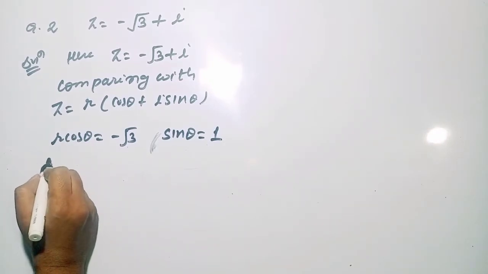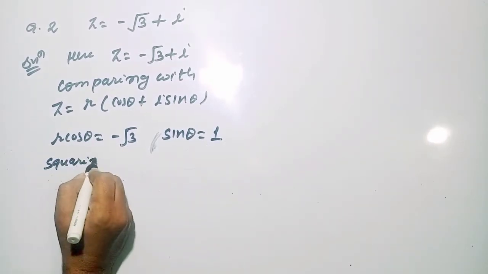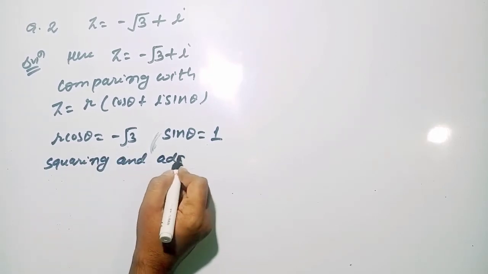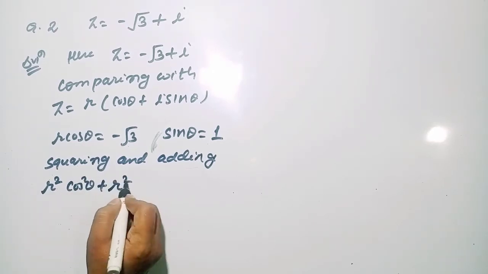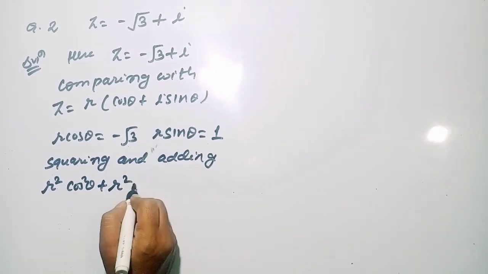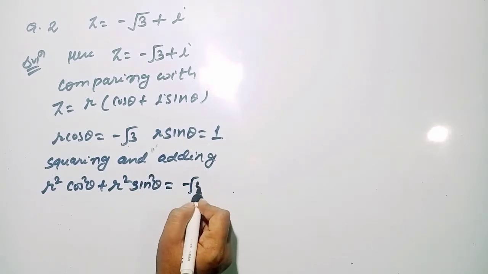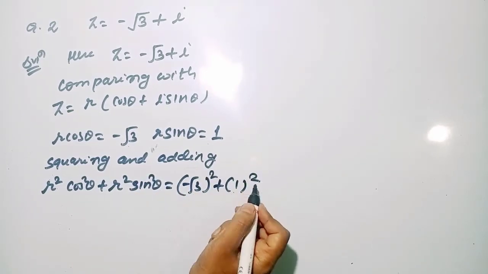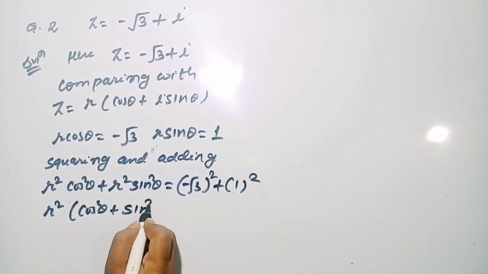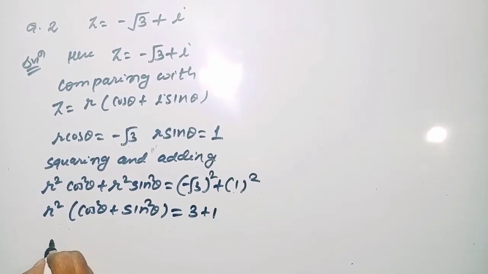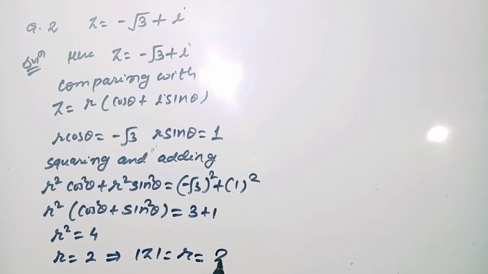Again squaring and adding these two results, we are getting r square cos square theta plus r square sin square theta is equal to minus root 3 whole square plus 1 whole square. R square will be common, so cos square theta plus sin square theta is 1, so here it will be 3 plus 1. So r square will be 4, so r will be again 2, because we are taking the modulus of the complex number. The modulus of a complex number is always positive. Okay student,